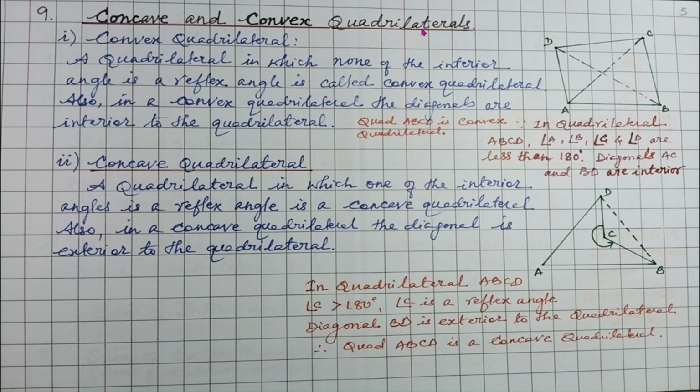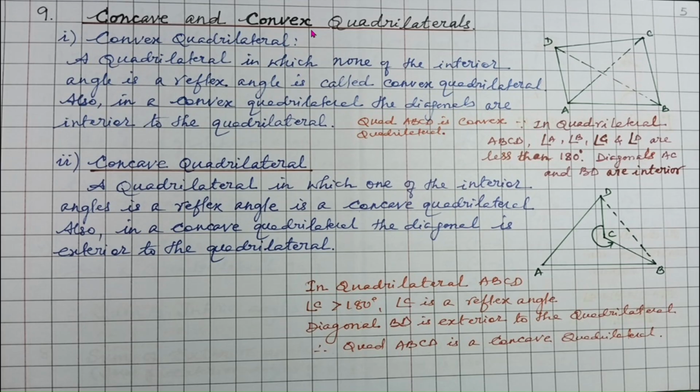The next point of our discussion is what are concave and convex quadrilaterals. Now we already know what is a concave polygon and a convex polygon. Let us understand here. A quadrilateral in which none of the interior angles is a reflex angle is called a convex quadrilateral. Also, in a convex quadrilateral, the diagonals are interior to the quadrilateral. If you see here, angle A, angle B, angle C, angle D, which are the interior angles here, none of them are reflex angles, and the two diagonals of the quadrilateral are interior to the quadrilateral,